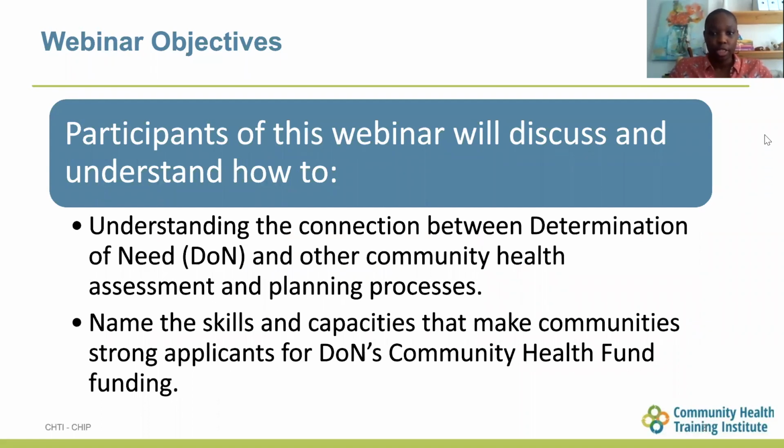Today we have 2 key objectives. First, we want to share the basic community health initiative components of the DON and clarify how DPH uses the DON application process to align both hospital and other community health improvement planning processes when working with health systems. Second, we will discuss the main components of a successful CHIP, including how to engage other partners in your CHIP and how to formulate strong proposals on a future CHIP funding opportunity.